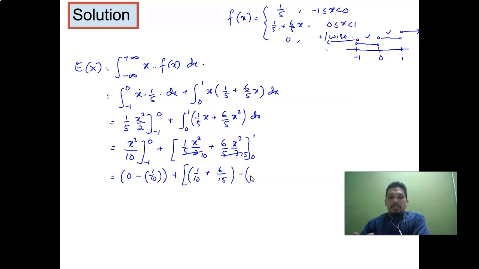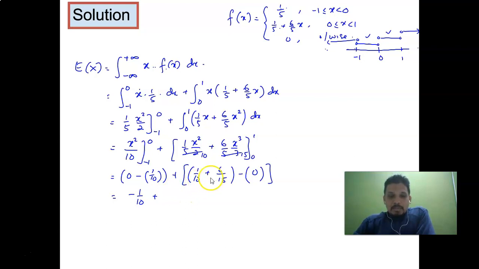Minus, okay, it's now time for us to substitute the value of x equal to 0. So everything is 0 here. So 0 minus 1 over 10, negative 1 over 10, plus with,